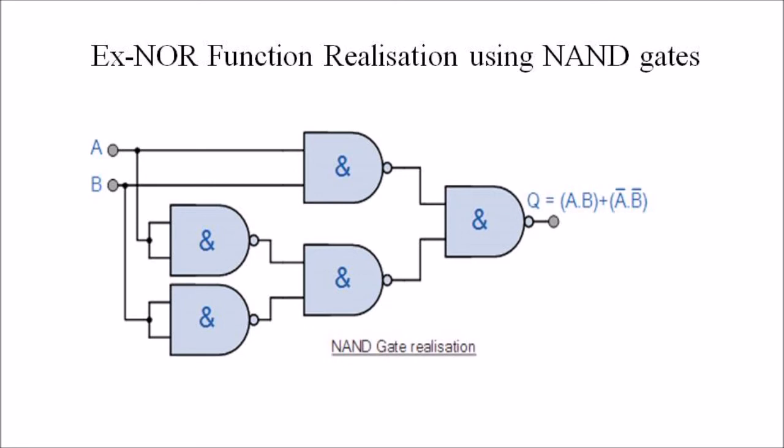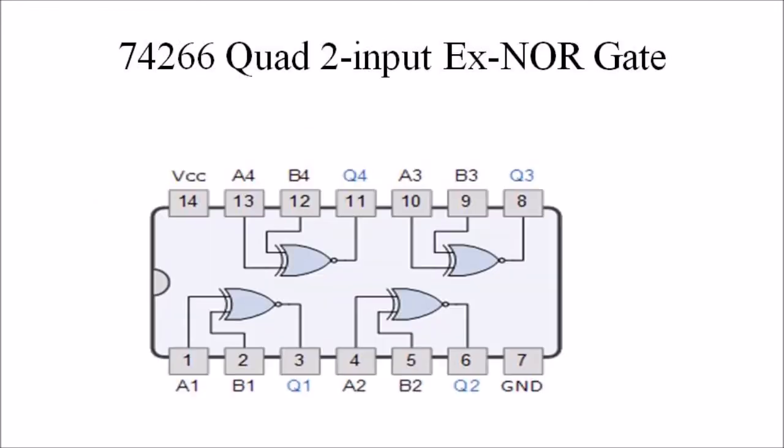The XNOR gates are used mainly in electronic circuits that perform arithmetic operations and data checking such as adders, subtractors, or parity checkers, etc. As the XNOR gate gives an output of logic level 1 whenever its two inputs are equal, it can be used to compare the magnitude of two binary digits or numbers, and so XNOR gates are used in digital comparator circuits. The commonly available logic XNOR gate and inverter ICs are 74266 Quad 2 input XNOR gate.